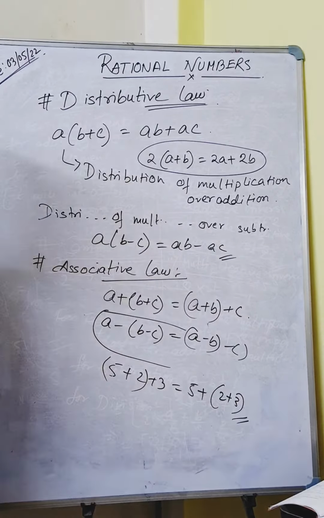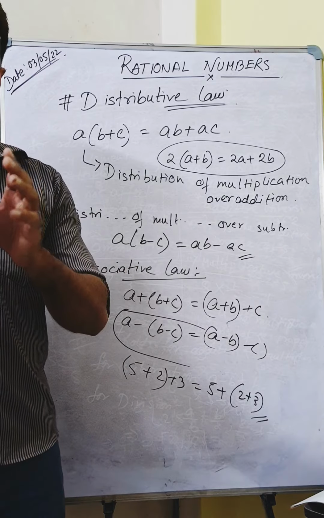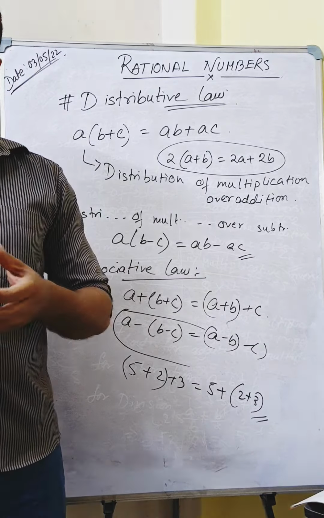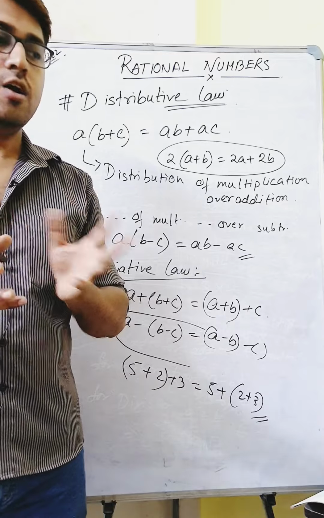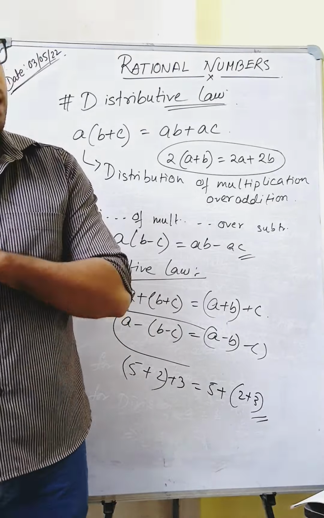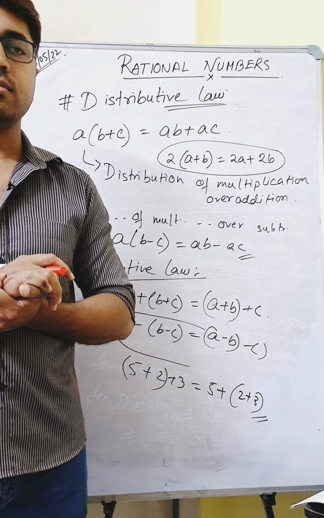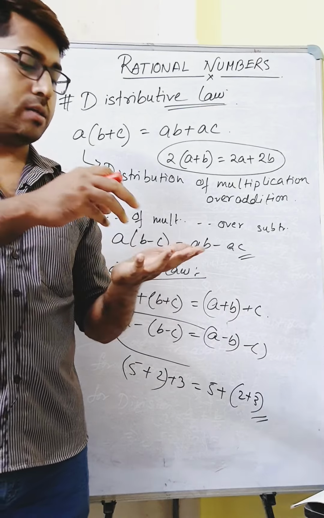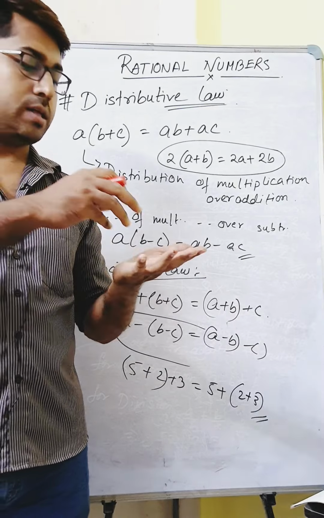And next comes the closure property. What does closure property mean? Closure means it will stay closed. Closure means actually, suppose you are operating two things: if you add two rational numbers, it will be another rational number. If you multiply two rational numbers, it will be another rational number. So actually the thing is that if we operate two things,